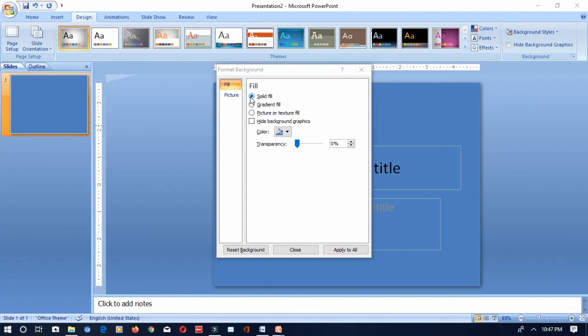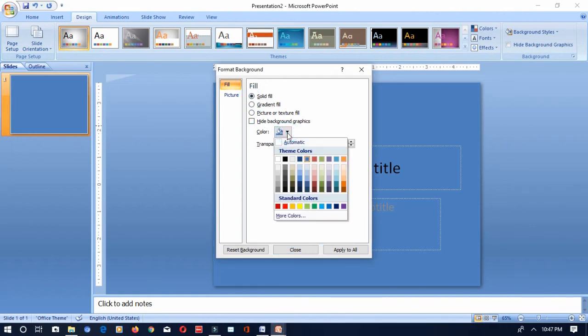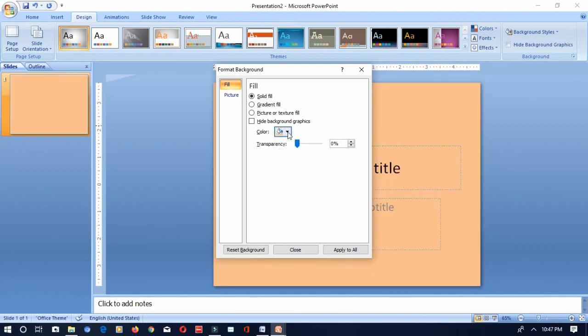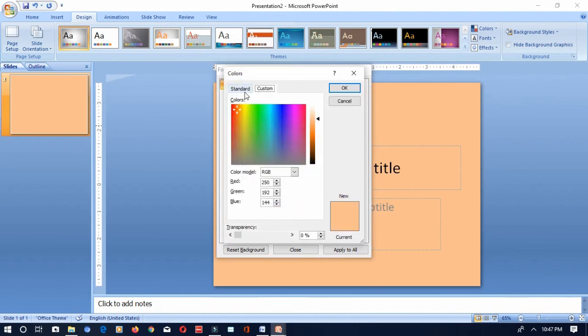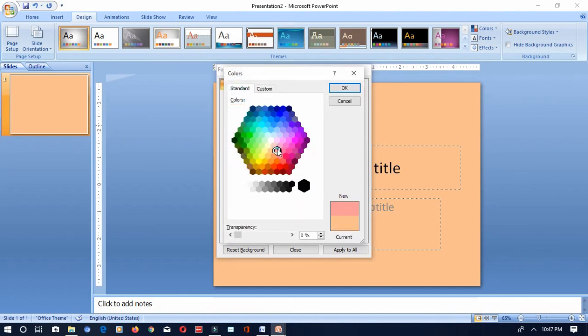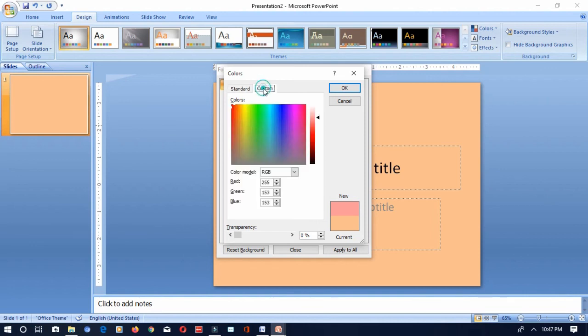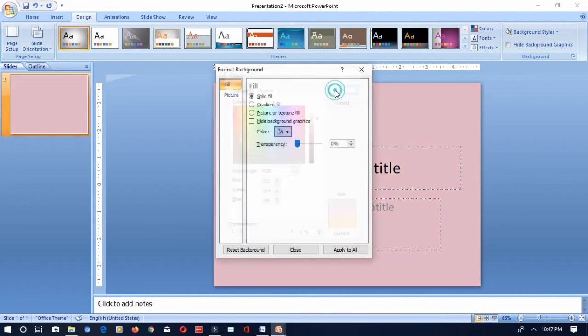From here you can format your background. Now click on solid color. If you want to change the color of this background, you can change it. Just click on it. See, any of the colors, you can change it. It will get changed. Or if you want more colors, you can go here. These are the standard colors, so you can select any one of the colors. Or if you want to customize it, you can customize it. You can increase or decrease the size. From here also you can select the color. So you can customize your colors and say OK.